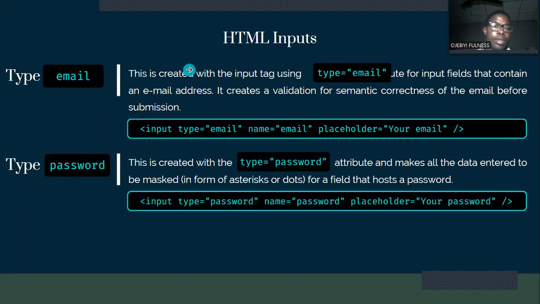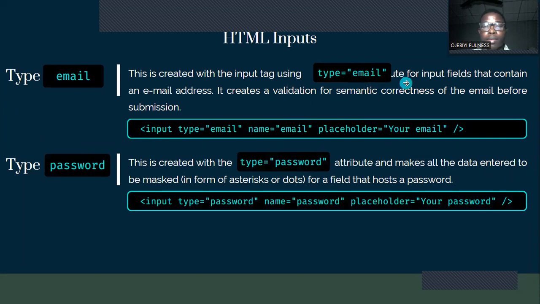HTML inputs. So we are continuing that and we have the type email now. Yeah, we're getting to the real thing. So this is created using the input tag with type email, and used for input fields that contain an email address. So it creates a validation for semantic correctness of the email before submission. So if we put type email,